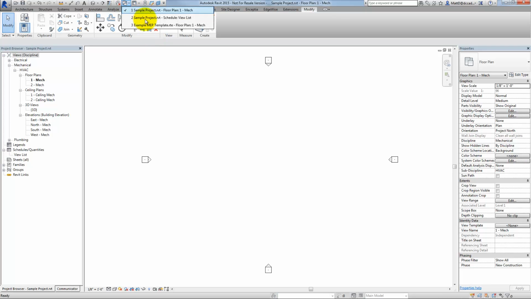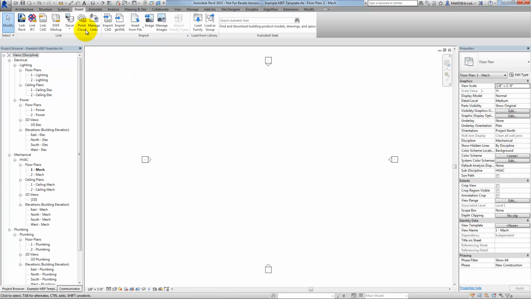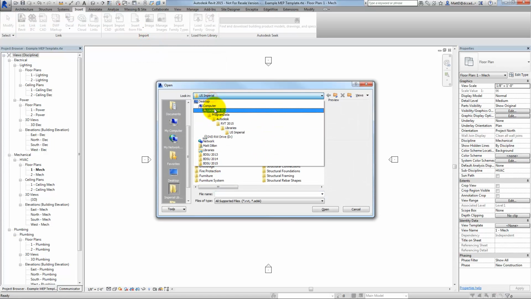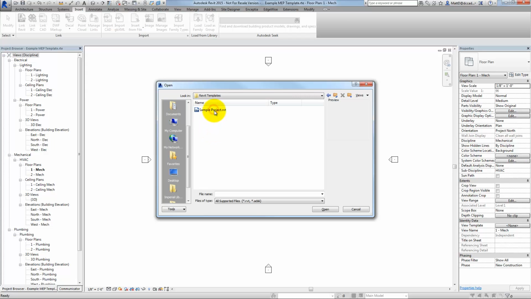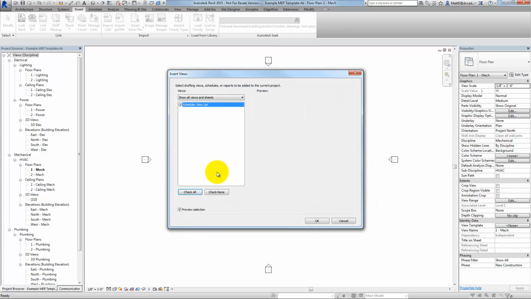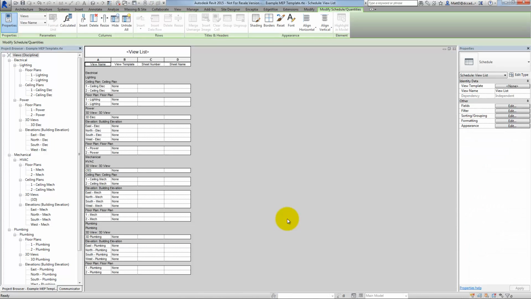Back in the template, I'll now go to Insert, Insert from File, Insert Views from File, and I'll navigate to that same file that I just saved. Revit will read that file and show me all views in that file currently that can be copied essentially over into this file. The only one in there is that schedule, so I'll go ahead and tell Revit I want to transfer that view in. And there is my schedule in the